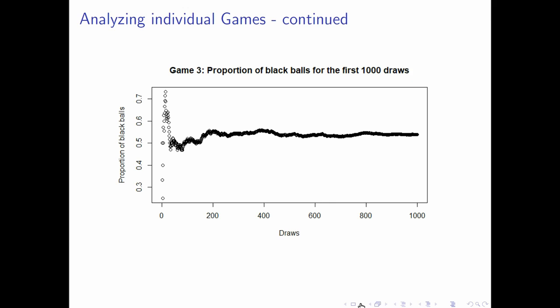In some cases, the development is not as clear and easy as in the previous two cases. Sometimes the proportion converges to neither 0 nor 1. Even though there is still variation in the beginning, it never takes the extreme path to a proportion close to 0 or 1. It sometimes converges to a value close to 0.5. The last game we analyzed shows such a development, and it ends with 5,330 black balls, so a profit of $5,330. Overall, the analysis showed that individual games of the Polya urn differ a lot. The first part showed the uniform distribution at the end, and the second part focused on individual games and on how different the development can look.